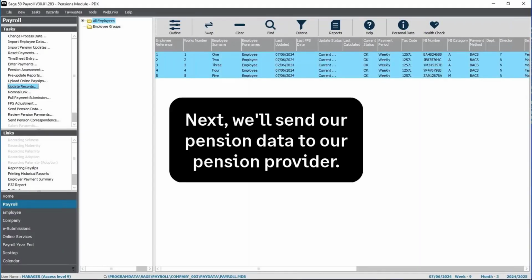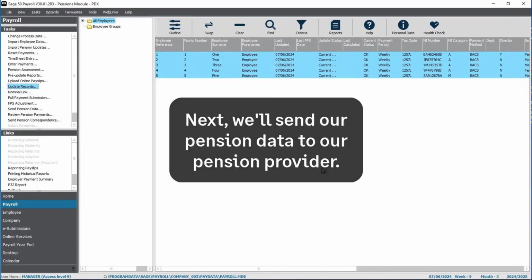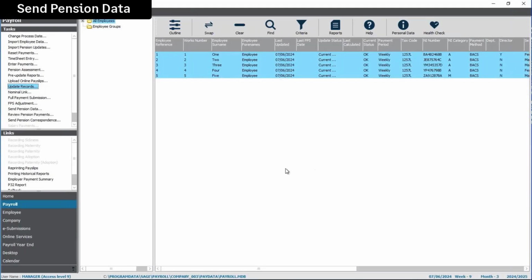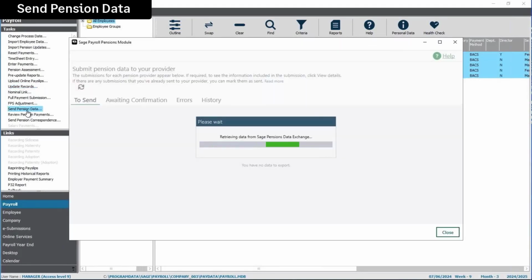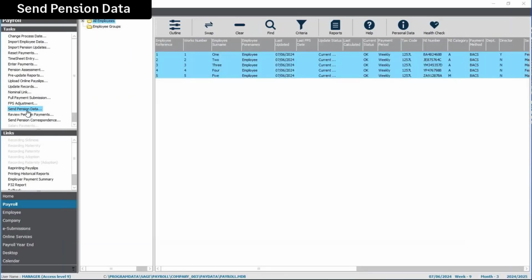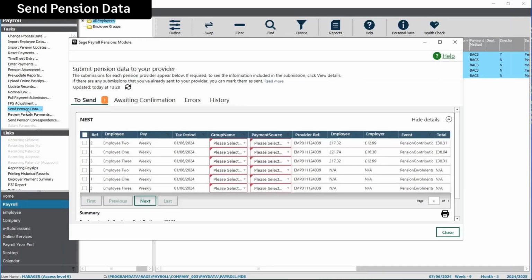So this is how it works. You would use the Send Pension Data option from your payroll tasks. Also available on the process map if you follow the steps there. It's then going to connect to Pensions Data Exchange. Now this can take a few moments as it needs to form this connection and show you the information